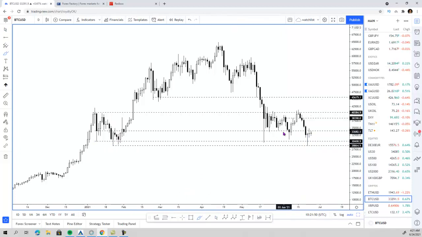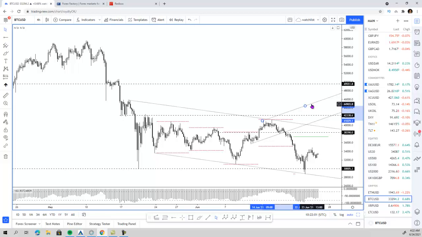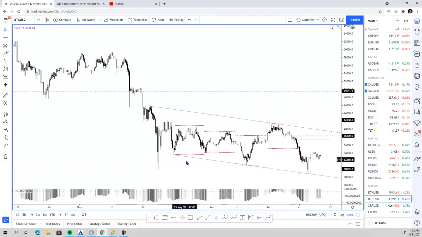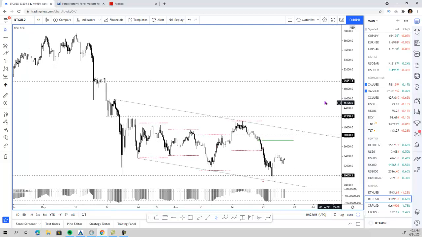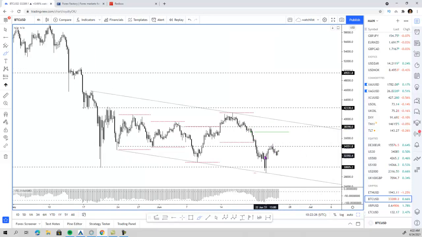But if you notice, we are still trading below these lows, below this level right here, which is why on the 4 hour chart, and let me just delete all of this, you can see that we are still trading inside of this midterm bearish structure, and on the midterm, we are still trading below this level right here. This is the level that I was talking about, which is capping the upside, at least on the very short term to midterm in Bitcoin. Also, trading way below that weekly pivot. So trying to find buys here just would be counterintuitive